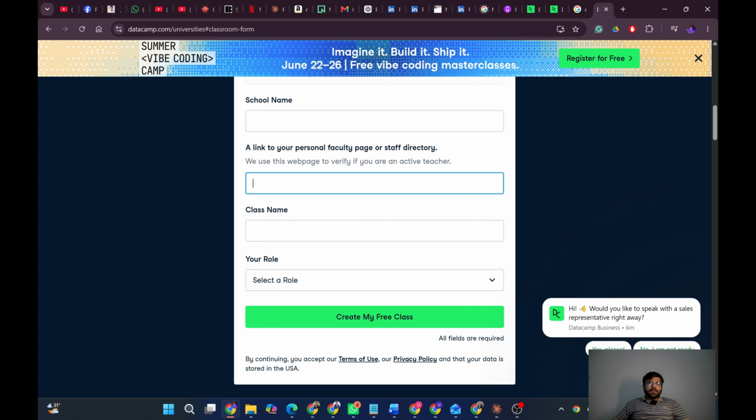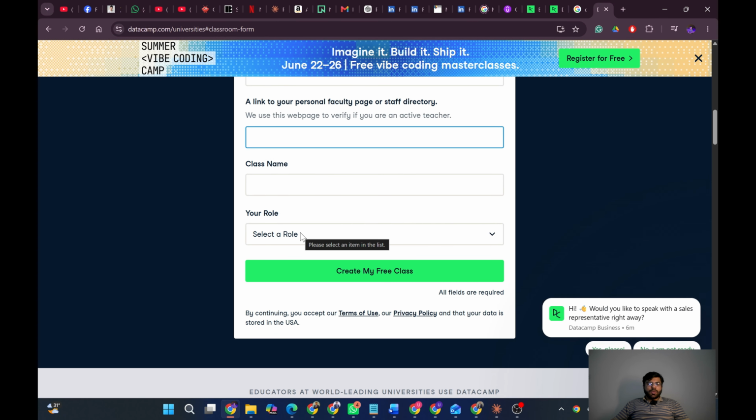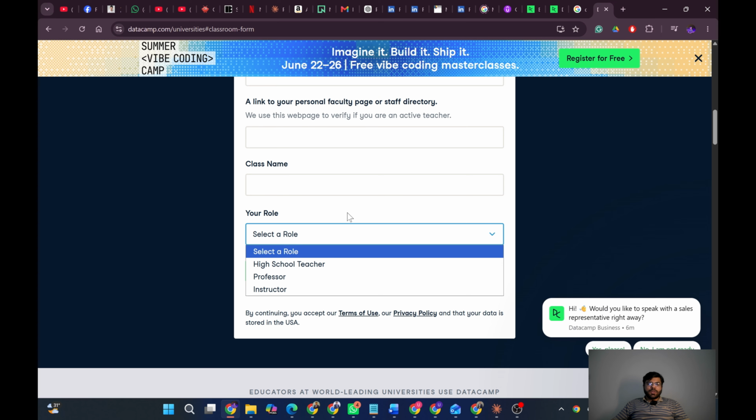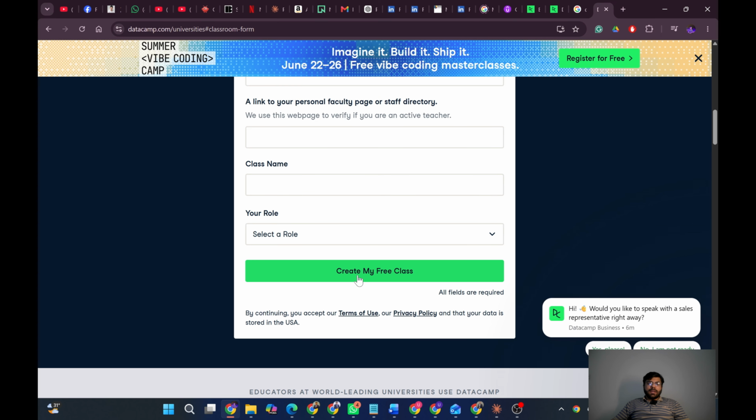So you just need to type your school name, your email address, which should be your official university or college email, then your class name. You can give any name to your class, and you can also select your role and click on this. They are going to verify your details, and I think within 2 to 3 hours they are going to give you the access, and then you can add as many students as you want in your